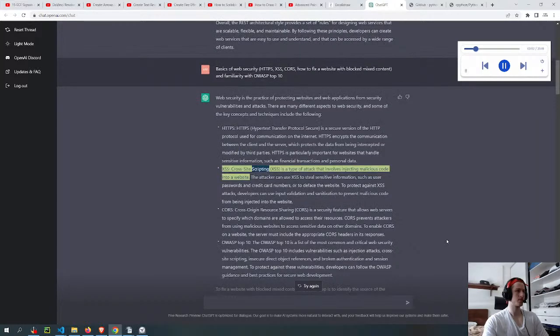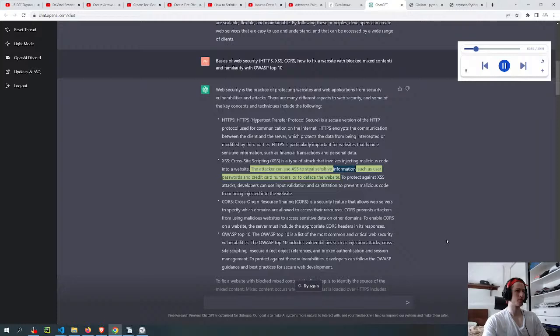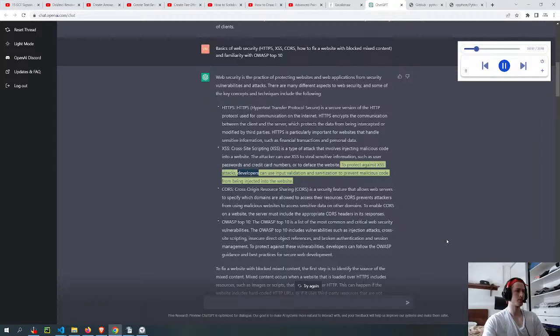XSS, cross-site scripting. XSS is a type of attack that involves injecting malicious code into a website. The attacker can use XSS to steal sensitive information, such as user passwords and credit card numbers, or to deface the website. To protect against XSS attacks, developers can use input validation and sanitization to prevent malicious code from being